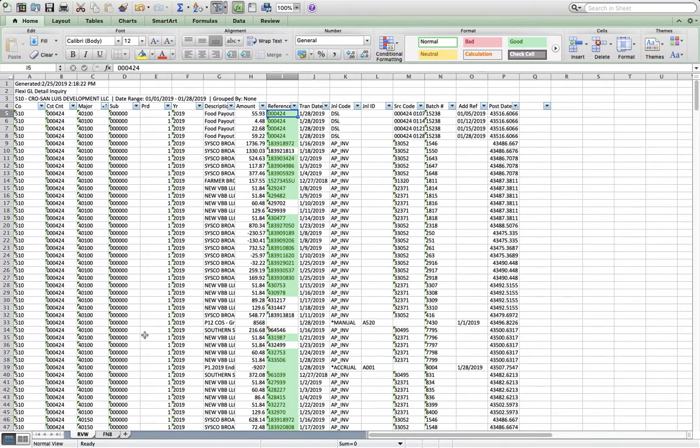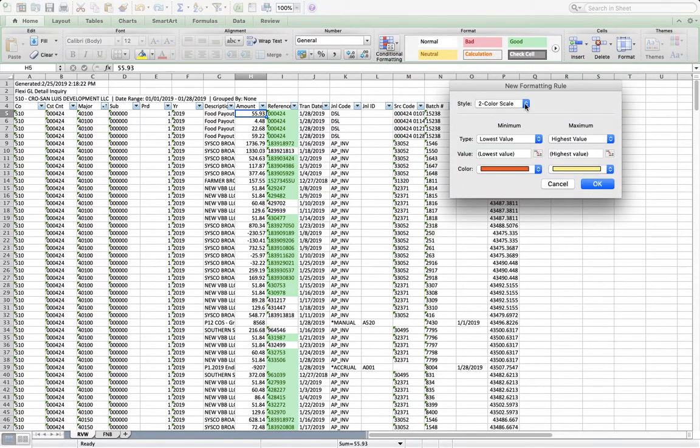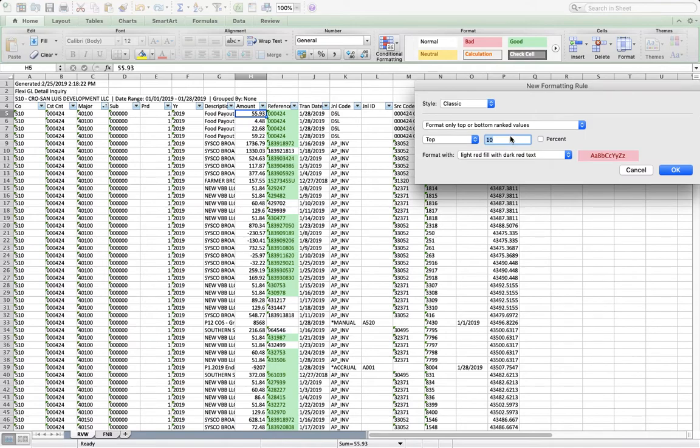I'm going to do it one more time so you can see it one final time. I'll go through this a little quickly. So now we're trying to do the amounts, okay? So get on that first amount, conditional formatting, new rule, classic, use formula. I'm going to fill it with green. I selected the wrong thing. Sorry. Use formula